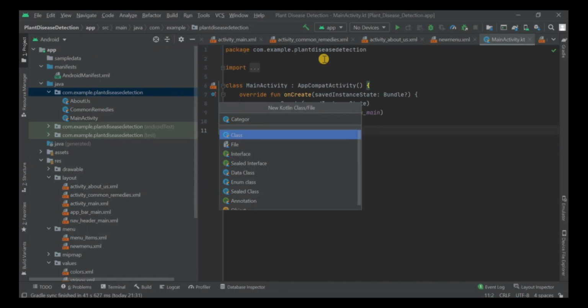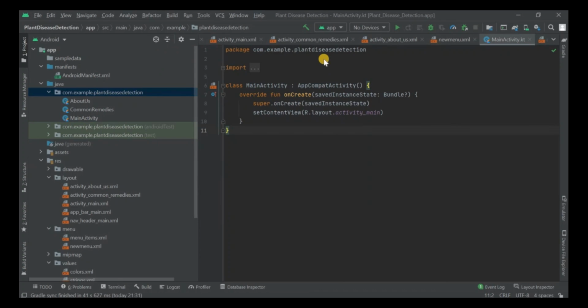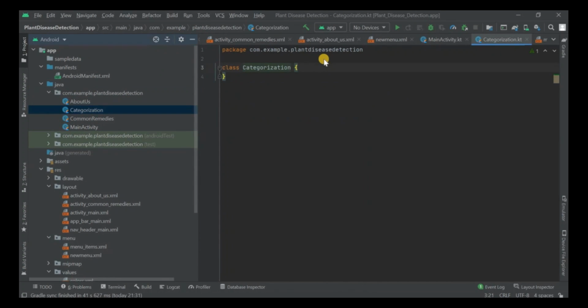So now we are adding one more class within the Java code, within the Kotlin code actually. So it is Characterization, and this is the most important